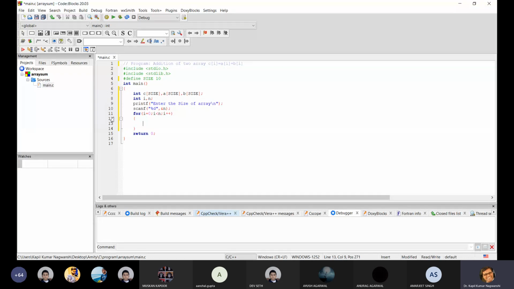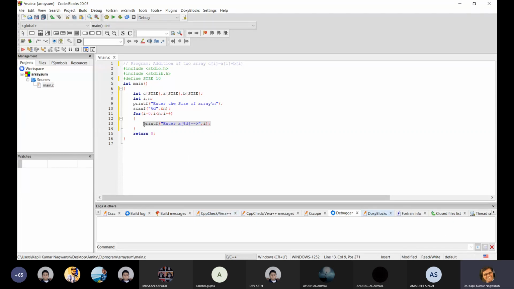Okay, so let us copy this printf here, paste this: enter a %d. So this will prompt like you are entering the first element, second element, likewise. So enter a %d, this is I.